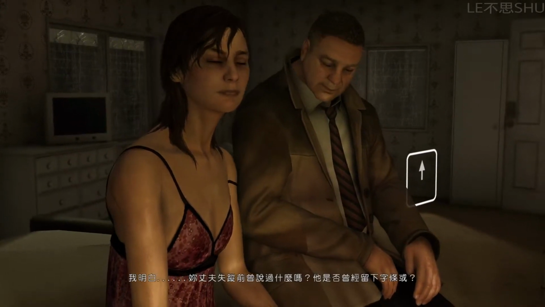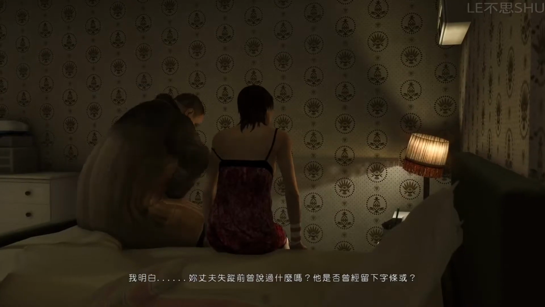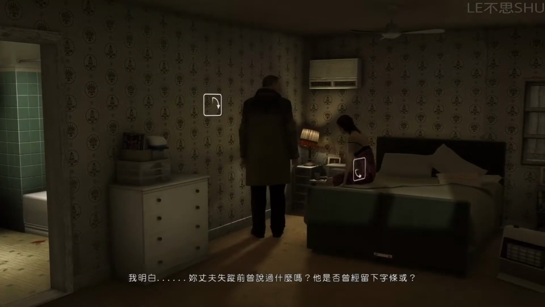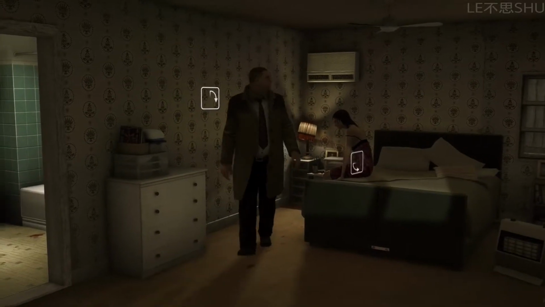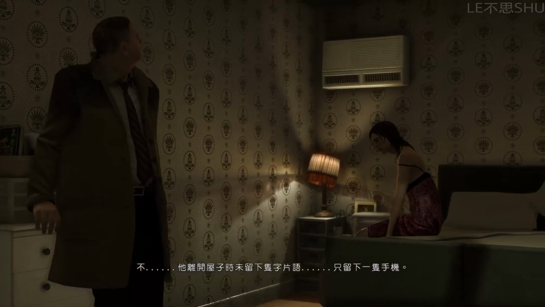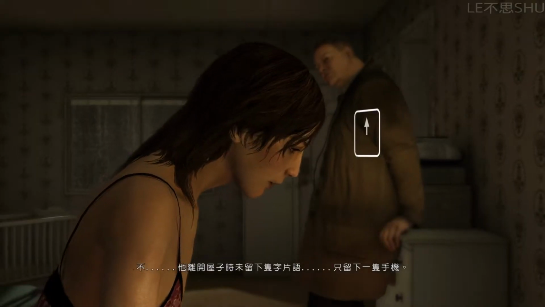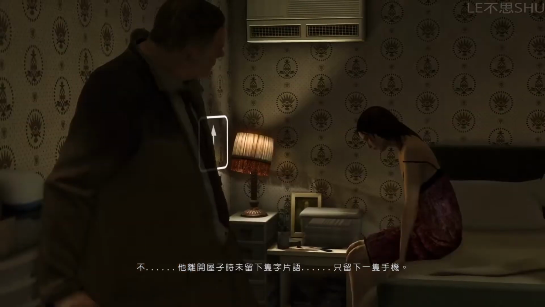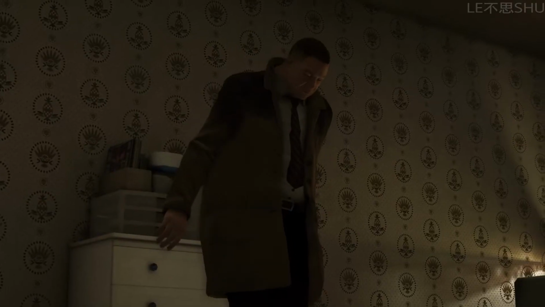I understand. Did your husband say anything before he disappeared? Did he leave a note or something? No. He left the house without a word, and there was just a cell phone. A cell phone?